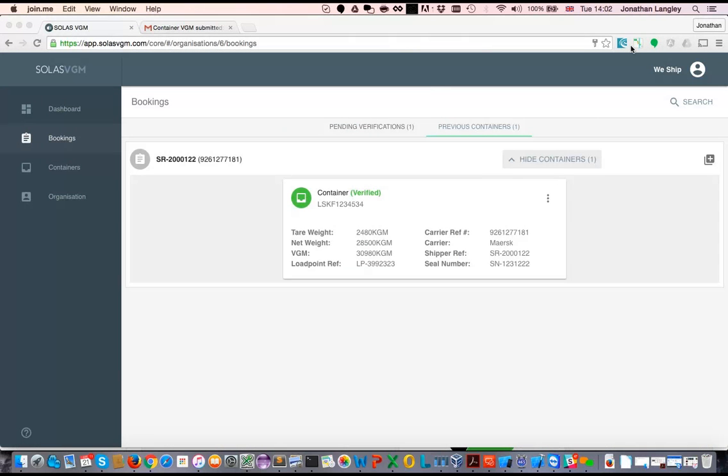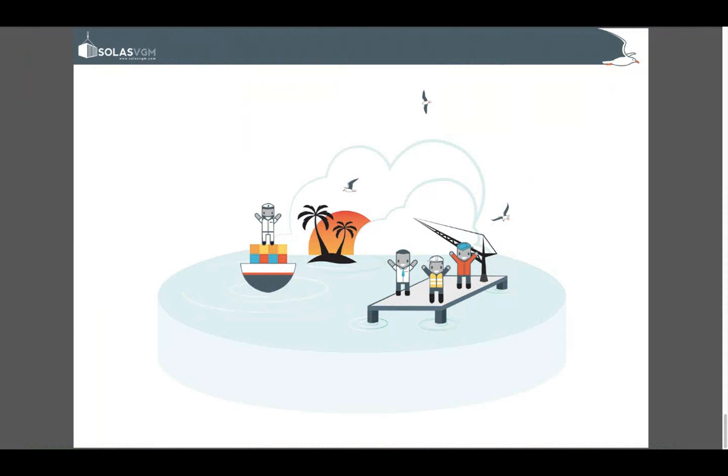So holistically, you can see how we make the ecosystem work, how we facilitate information between different parties, and whether you're a trucking company perhaps using the app or a supplier using the web version in conjunction with the app, with people loading in your yard, creating containers, creating drafts, and having people throughout that process add to those containers, we're able to create VGM and information earlier on in the loading process. So it has multiple abilities in terms of being pragmatic to our supply chains,